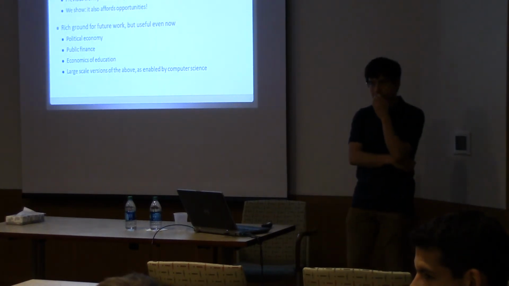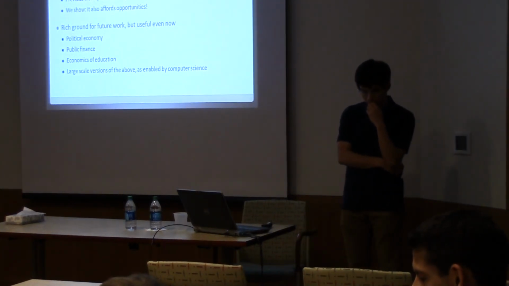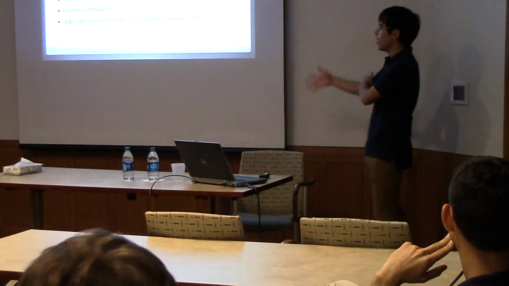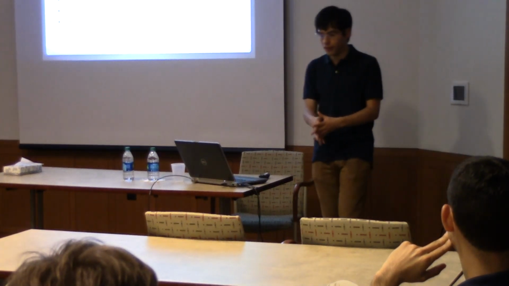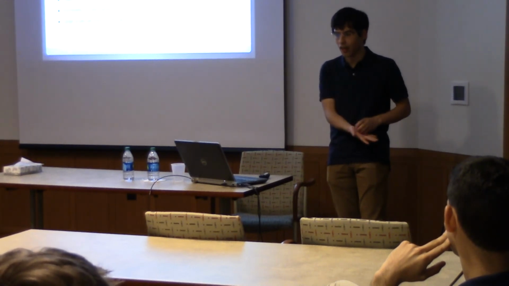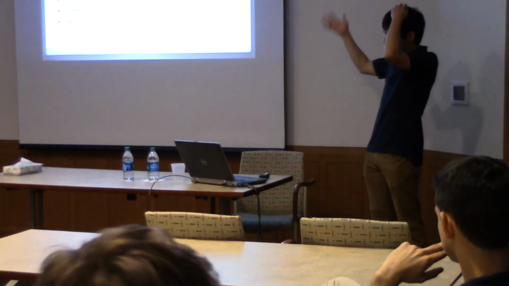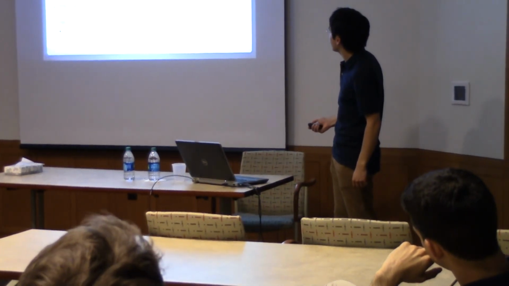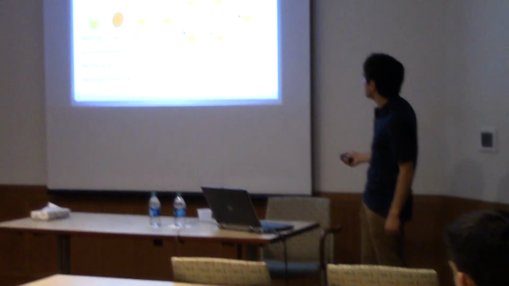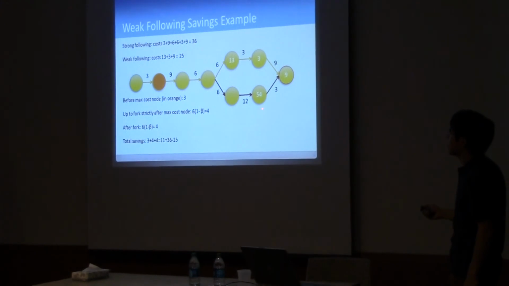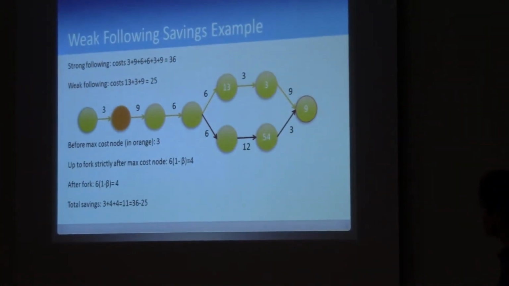What if people have too low a discount rate with regard to the future? If they have too low a discount rate, then essentially what will happen is that if you put a big decoy reward on, okay, so first of all, strong following works independent of your level of present bias, because essentially you're just paying them back as soon as they incur the cost. But if you're trying to do the weak following thing and they have too low a discount rate, let's go back to this example. Suppose that the agent only values the reward 54 at a fourth. So this is now 54 over 4, which is 27 over 2, so it's 13 and a half.